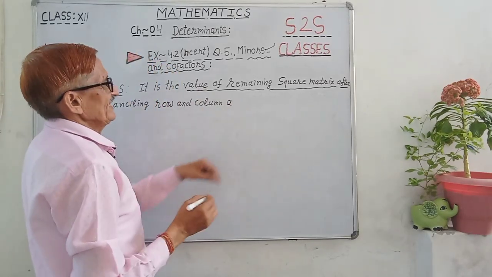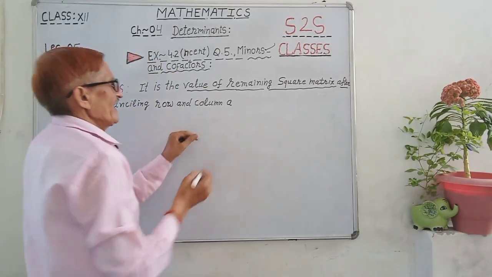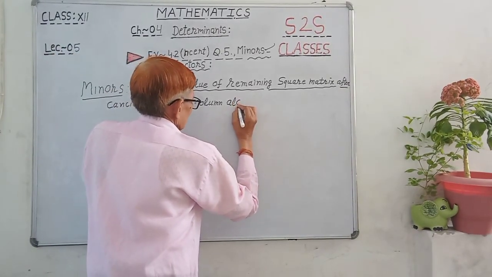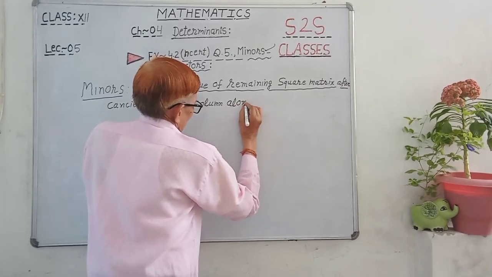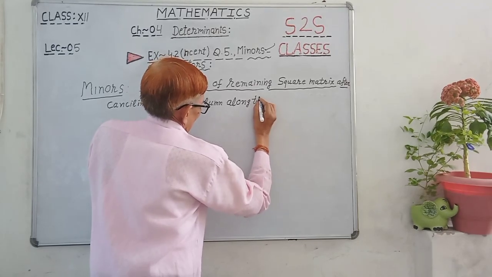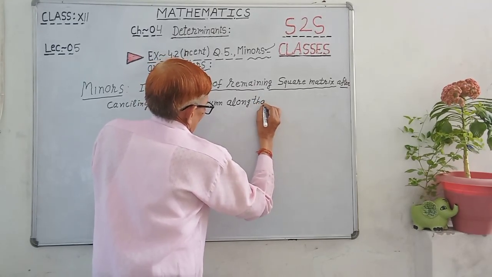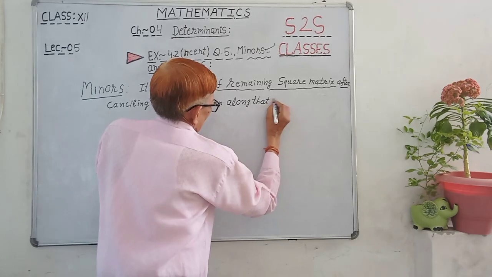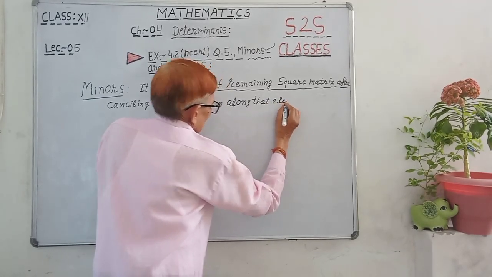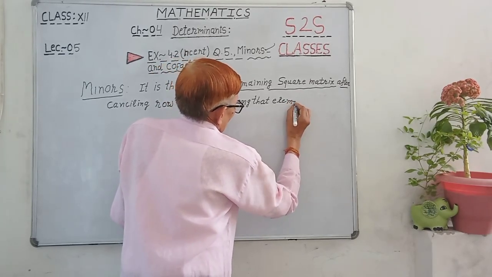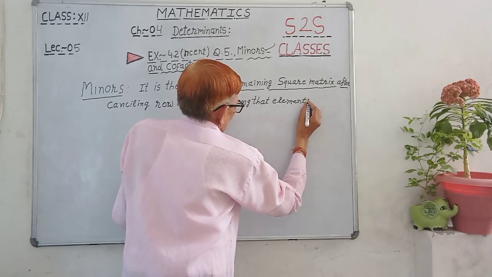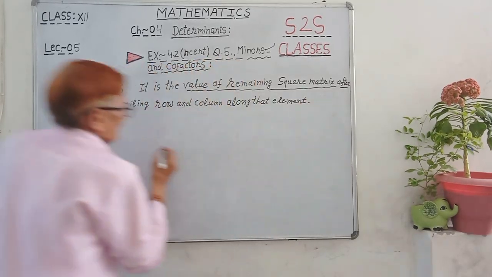It is the value of the remaining square matrix after cancelling the row and column along that element. Example,